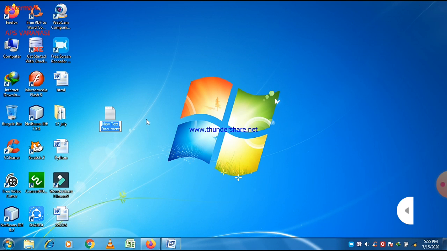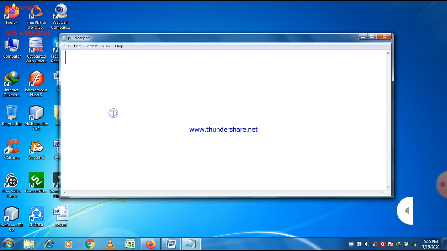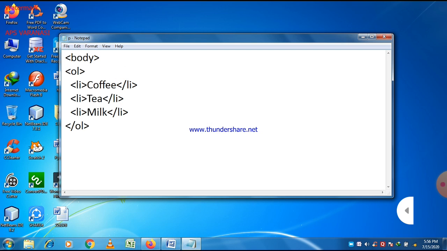Go to this notepad file, and write your program here. This is your program, but it is not complete. So give body tag, because body is the main tag which contains the whole data of a web page.